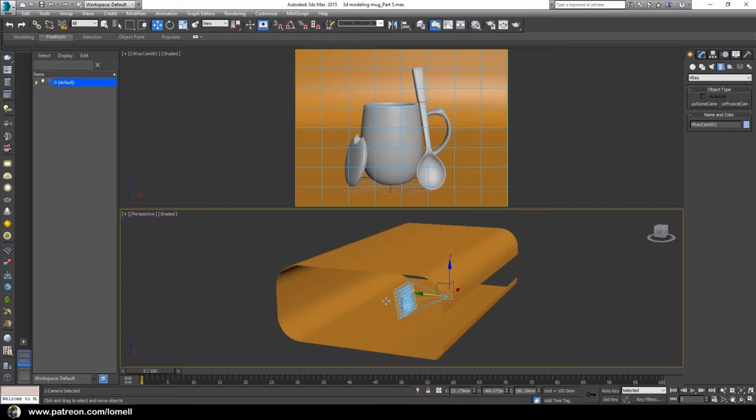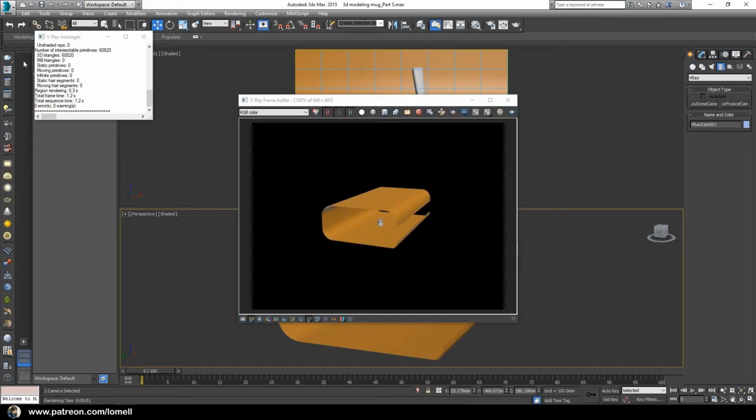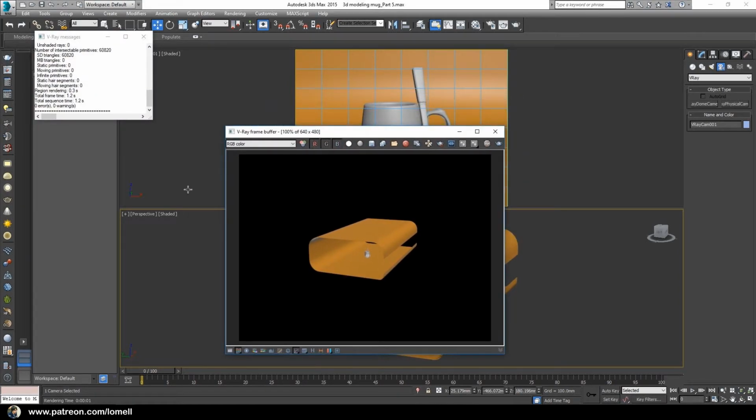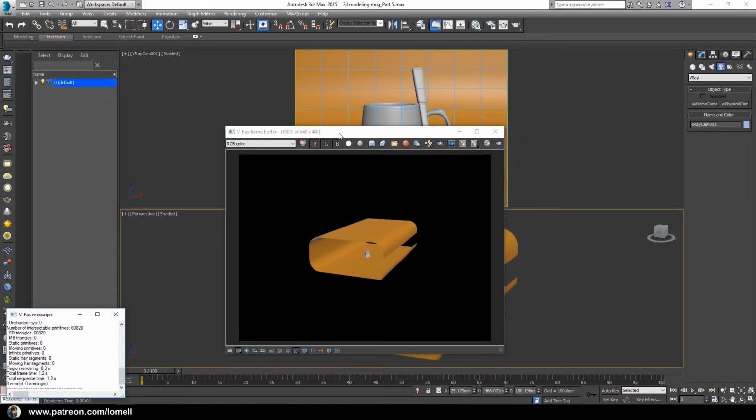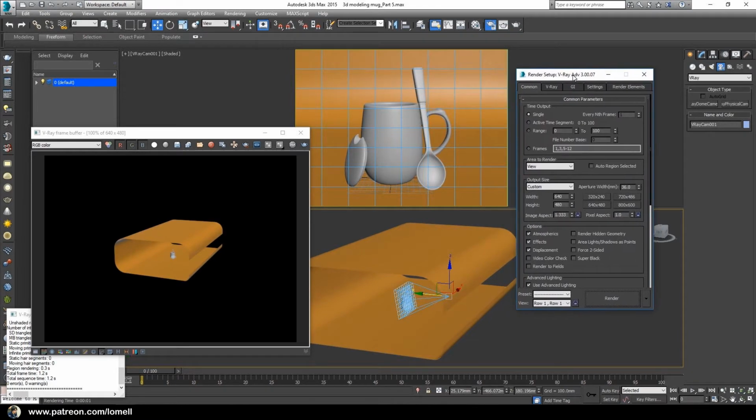Now let's test render our scene. Click this icon. Okay, so the frame buffer renders the perspective view instead of the camera view. So let's bring up the render setup by clicking this icon or press F10 on your keyboard. Okay, and under render setup over here, in view, click this drop down arrow and choose V-Ray camera and lock